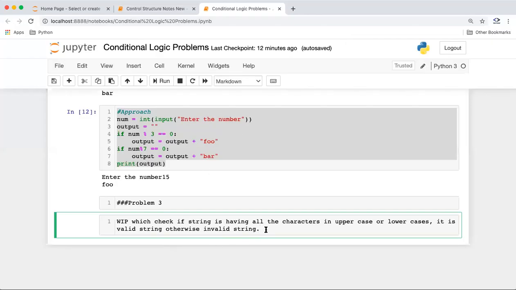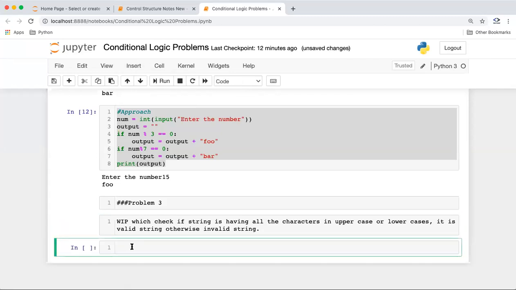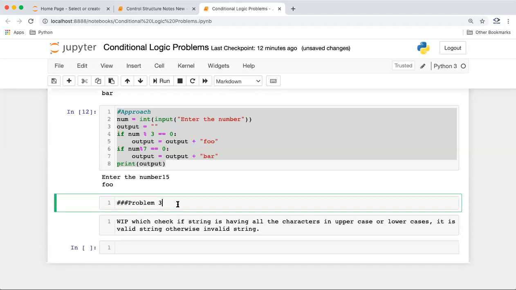Yeah, guys, so this is our requirement. We want to write a program which takes a string as an input and checks that all the characters are either in uppercase or all in lowercase. It should not be a mix of both. So this is kind of a mix of a program where we are using string concepts and we are using conditional logic also, right? Okay, so let's see what can be the approach to achieve this program.